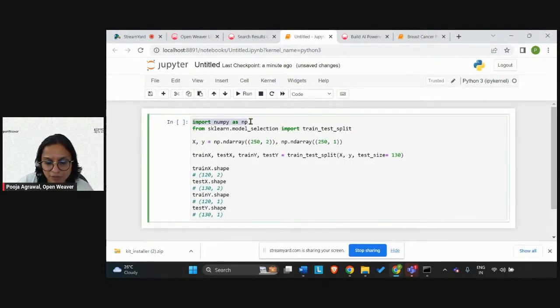So what we have done, first we have imported the NumPy library, which we have given an alias name of NP, short name for NumPy. And then from sklearn.model_selection, we have imported the train_test_split class. So this is important so that I am able to split my data set. What is this required for? This train test split helps in